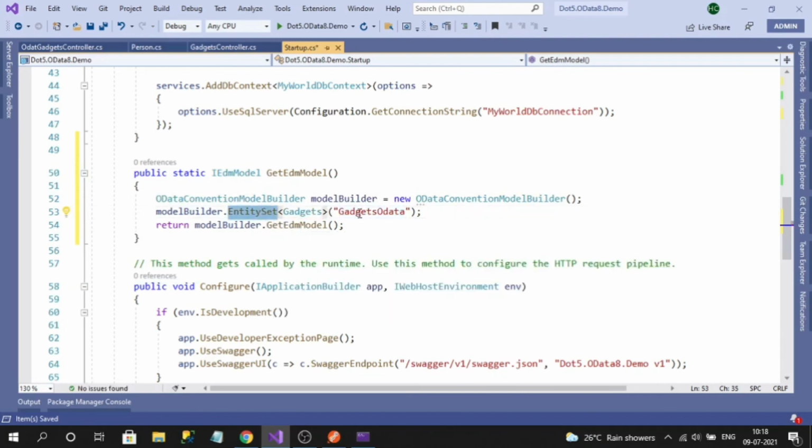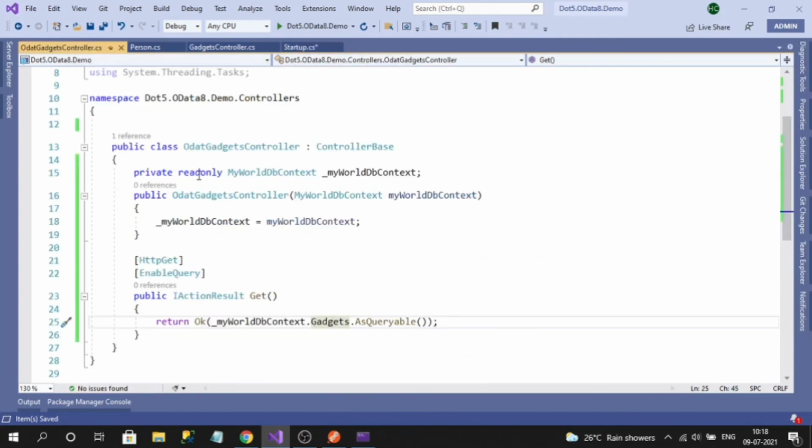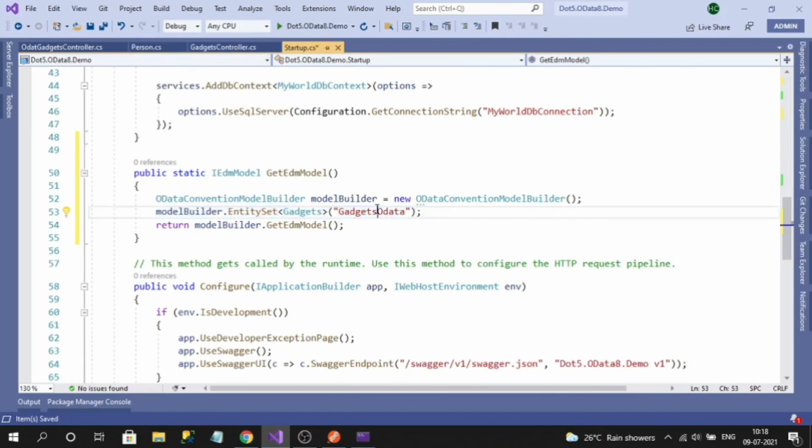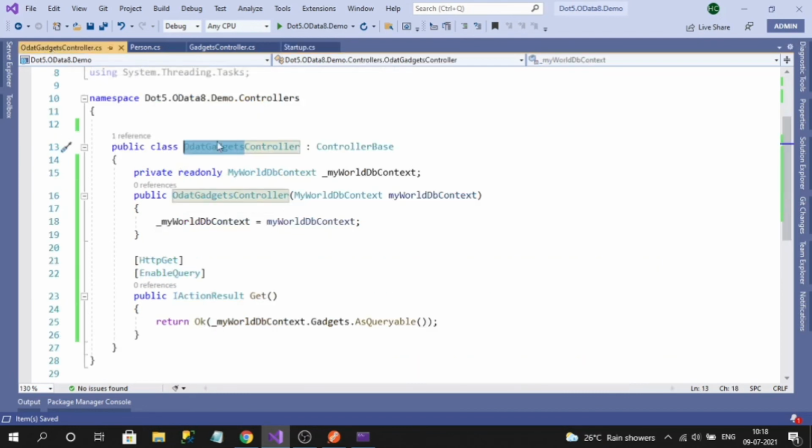Every entity set should be registered with a name, and this name should match the controller name, excluding the controller keyword. If it is not matched, it will throw an error, or it won't work with the OData routing. Make sure to use the same name as the OData controller. This name will be used in the path so that it will invoke this controller.